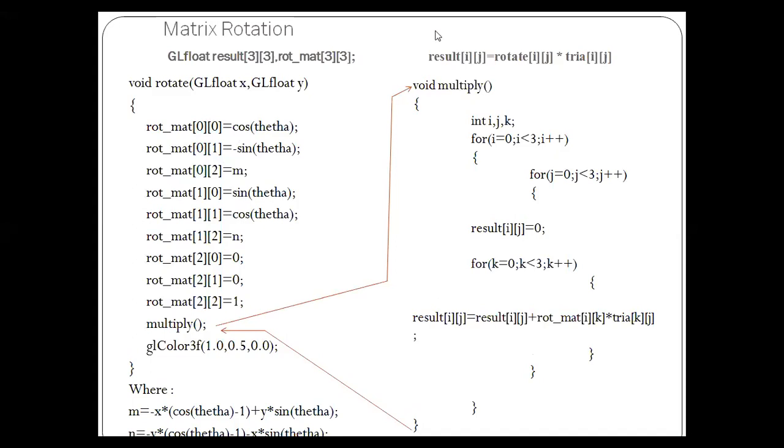Fine, so then I go for rotation. I go for multiplication. Multiplication is the actual part where the things will be multiplied. What I need to multiply, obviously, is that rotation matrix with the triangle matrix. So the resultant matrix is nothing but the rotate matrix, meaning this matrix: cos theta, minus sin theta, 0, sin theta, cos theta, 0, 0, 0, 1, into my triangle coordinates. I will get the resultant coordinates, which is nothing but